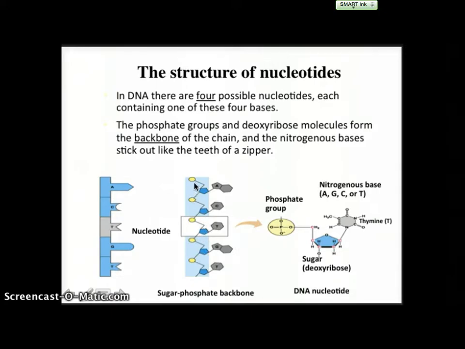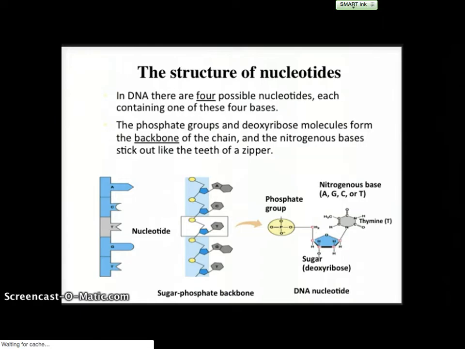So the sugars and phosphates are that backbone, and then that base that we talked about before sticks out on the end here. Now the bases can be adenine, cytosine, thymine, or guanine. We just typically will say A, G, C, or T, but please remember that there are full names for each